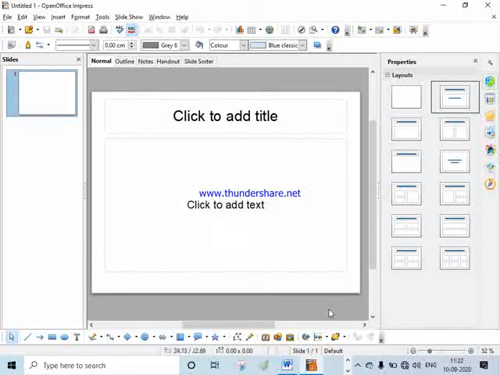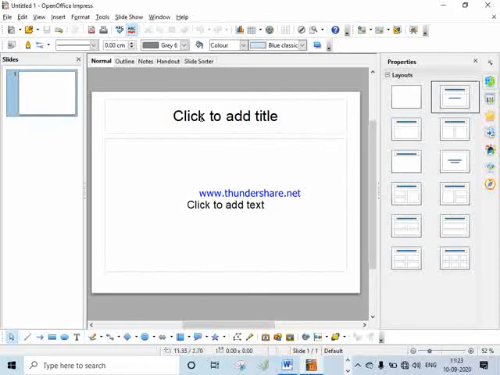Let's talk about some basic information regarding this Impress window. This section is called your working area, or say workplace.